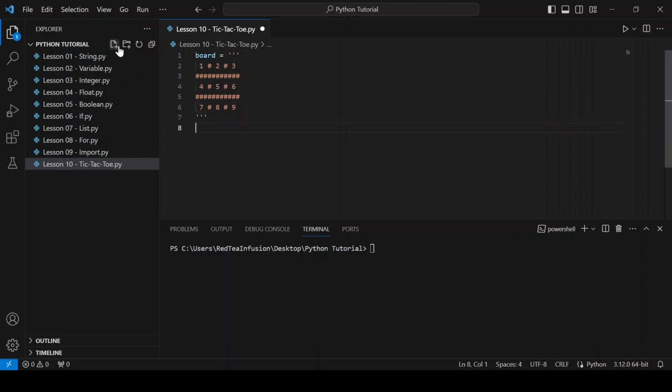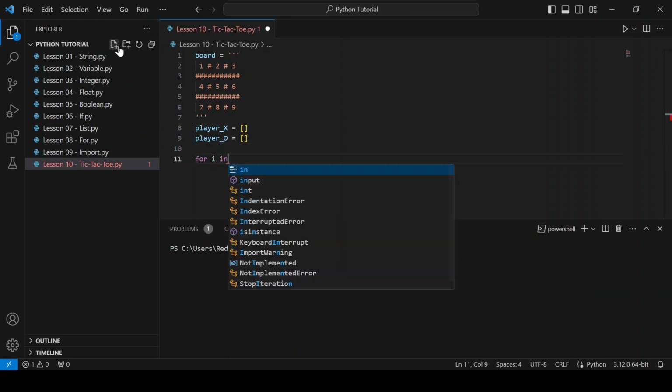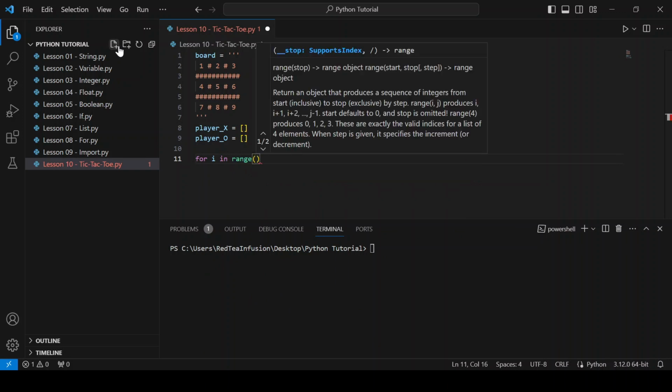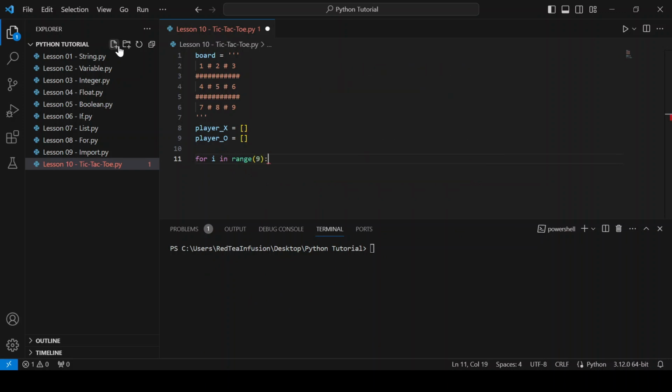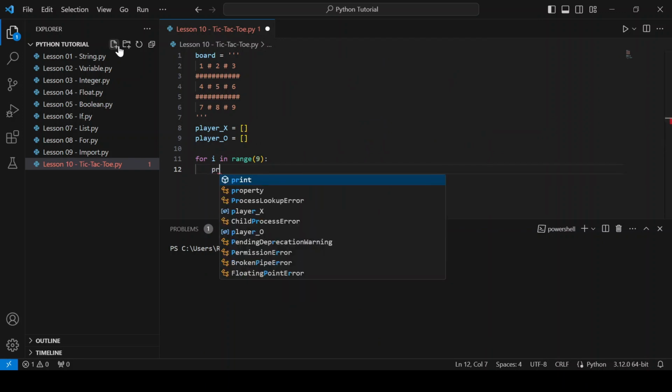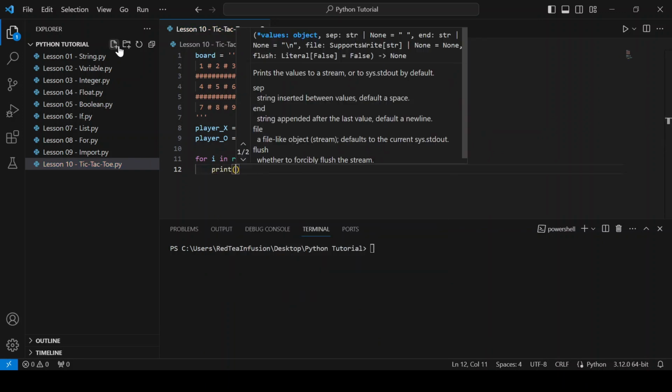Now let's create the players. Player underscore x equals empty list. Player underscore o equals empty list. Now let's create the interaction between the players and the board. For i in range(9): print(board)